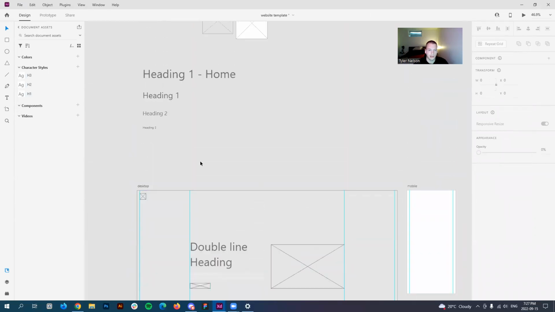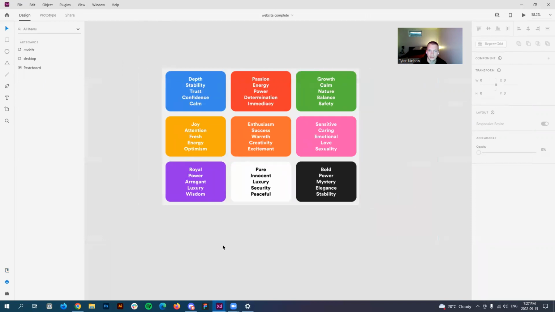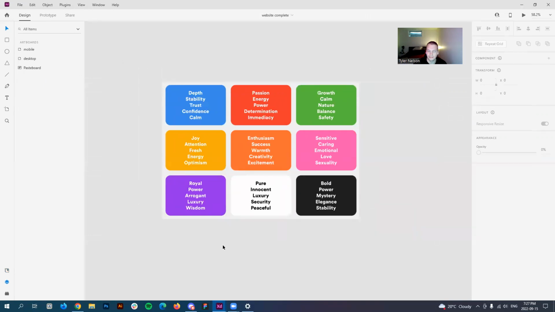Okay, enough about the wireframing. I'm going to jump right into the second demo, where we introduce a little bit of color. And with color, I find you don't have to focus so much on learning color theory as maybe just do a little bit of research into what color represents. I've brought up a little color screen here with some keywords that might be represented by that color. In this situation, we're going to use yellow and black with white as well. Those were kind of joy, optimism. I thought it was kind of fresh,